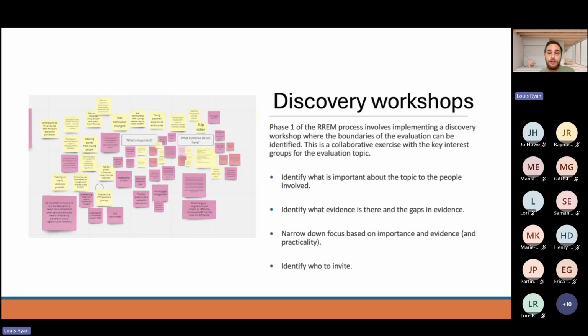asset-based community development. One of the key things here was identifying who we are actually going to invite to these workshops. We don't want people to come along that are going to be bored, not able to participate, but we also don't want people to come along that don't necessarily encourage people to share as well. So maybe there's individuals that dominate discussion, and actually we can catch up with them afterwards and give them that space, to then encourage people to actually share some of the challenges that come out.